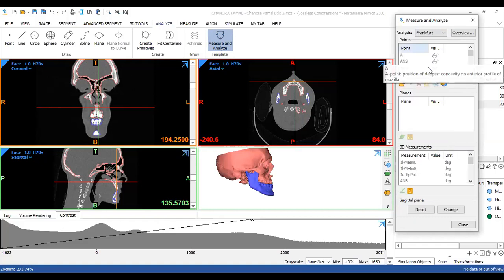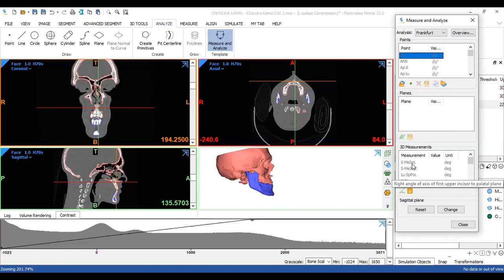So when you select Frankfurt, you get three windows. One is your points, the other is your planes, and the other is your measurement. You just have to feed in the points. The measurements will be auto-generated or auto-calculated by the software itself, right? So you have different points here. When you hover over each point, it'll indicate where the point lies, just in case you're getting confused.